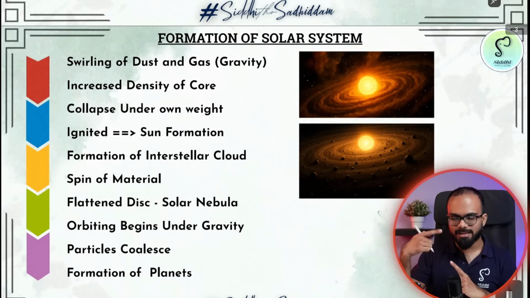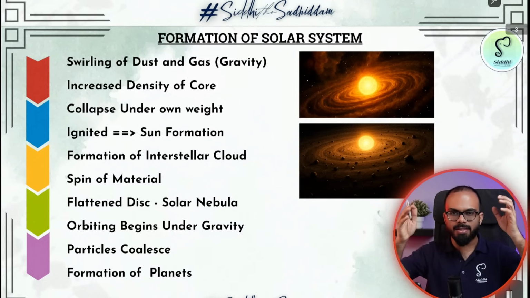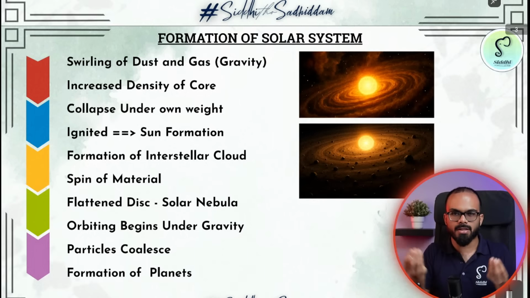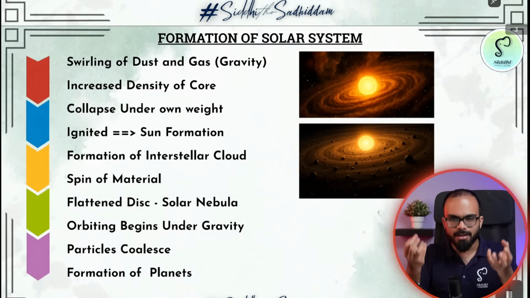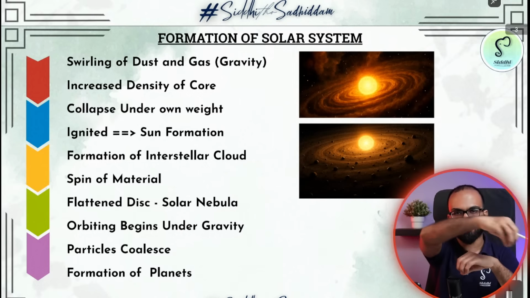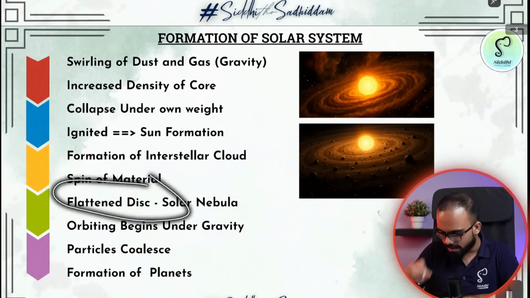The spin increased and increased. Slowly, it formed a flat disk. Initially, there was a lot of gas. The weight increased because of the frictional forces. It got burnt and it got ignited. From ignition, there is the sun. Around the sun, a lot of bodies formed. They started rotating and they formed a disk called a nebula.